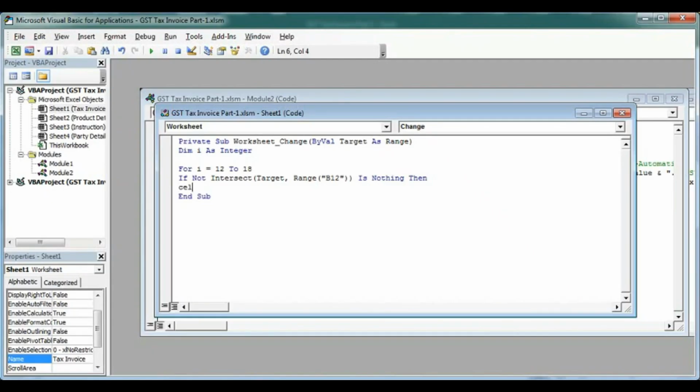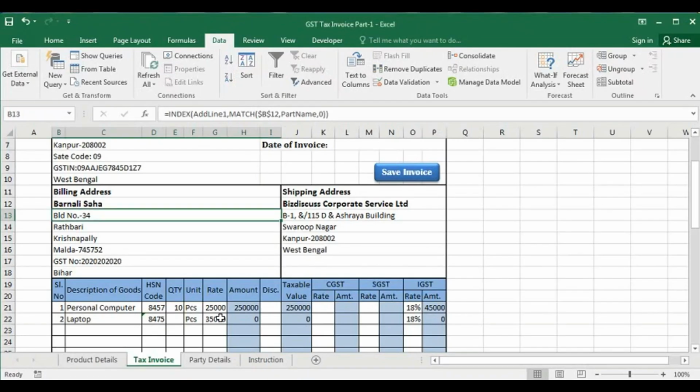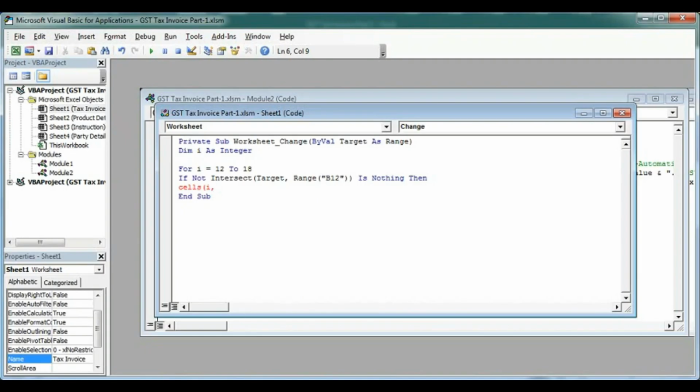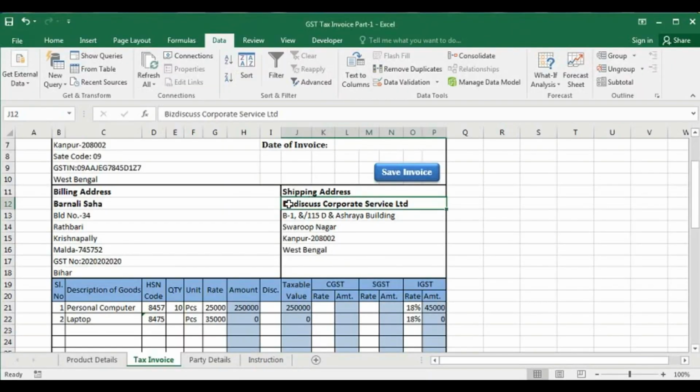So Cells, row index, that is I from 12 to 18, comma, column index. Our column index is this one, J column. So J is 10. So here 10, bracket close, dot Value equal to, that means this cell's value equal to, now we will put this cell.